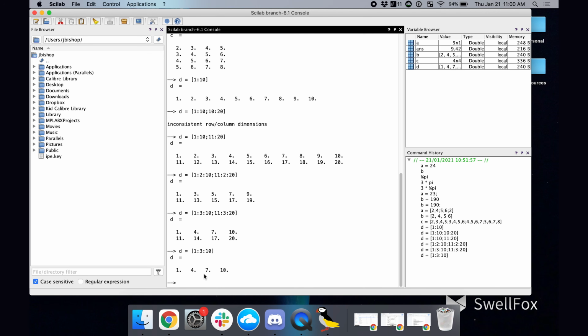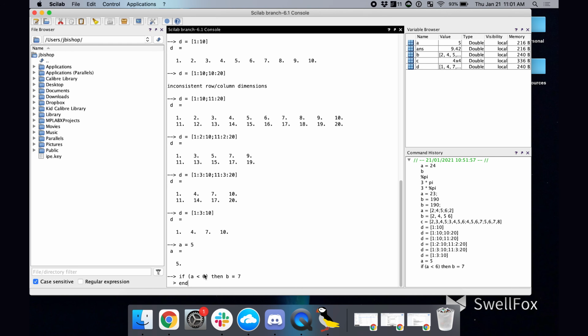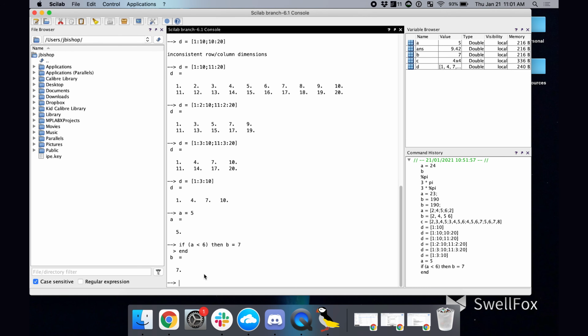There are only 2 more things that I want to cover here really quick that will, I think, get you on the right footing as you start to do things with SciLab. The first one is that you can do basic programming language syntax in here. So let's go back to just saying a equals 5. Good. Now we can say, if a is less than 6, which it is, then b equals 7. And then we can just say end, and we press enter, and voila, b equals 7